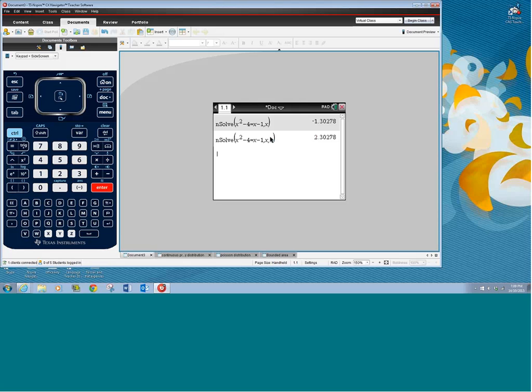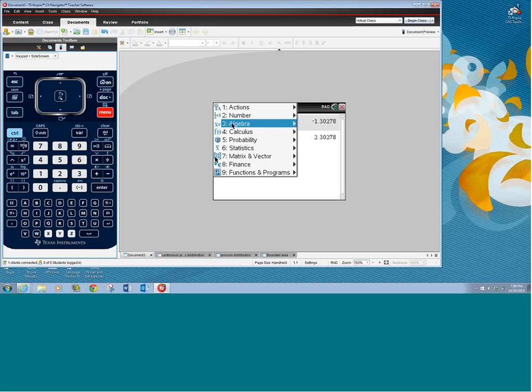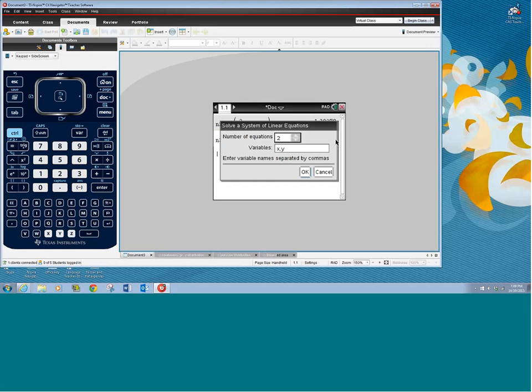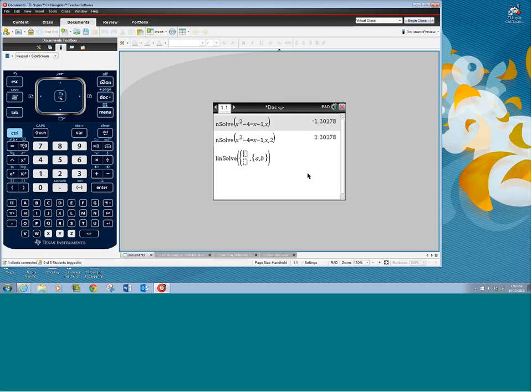And now there is only 2 for a quadratic and straight line, but it is not ideal using the numerical solve. It's more advisable to sketch it. So other features I mentioned in algebra, we have solved system of linear equations. We can have 2 or 3, and we can change the variables if in a particular context they are different,